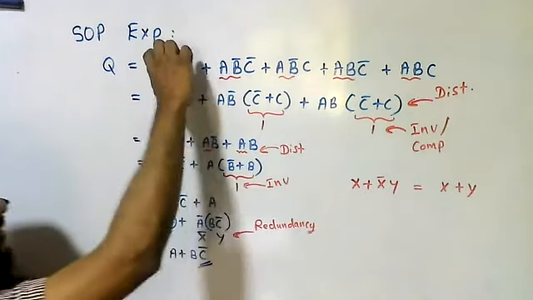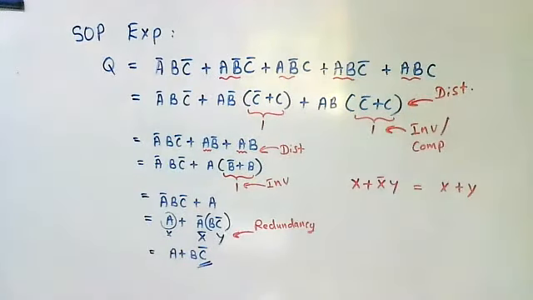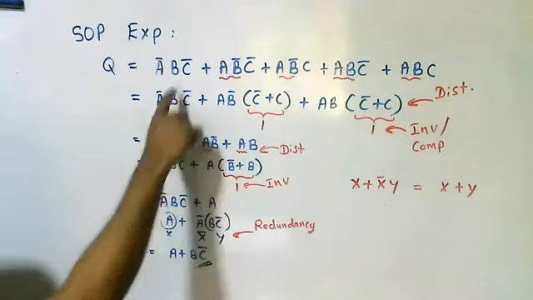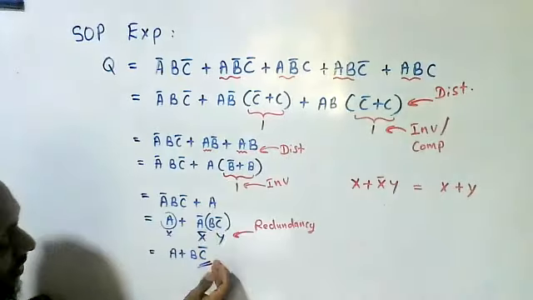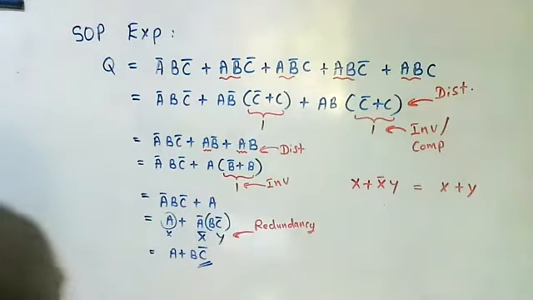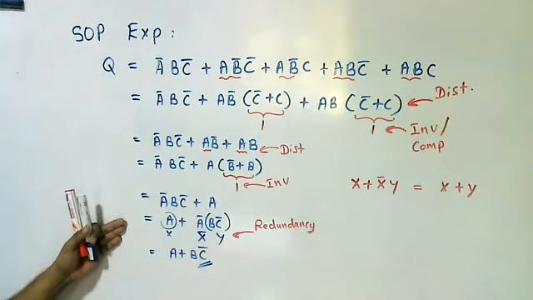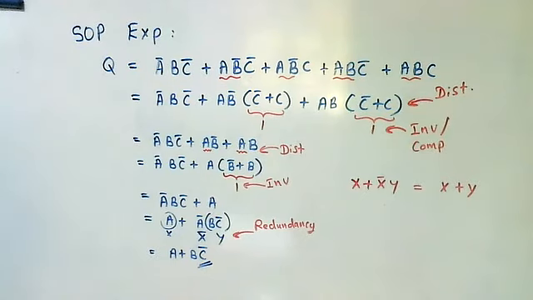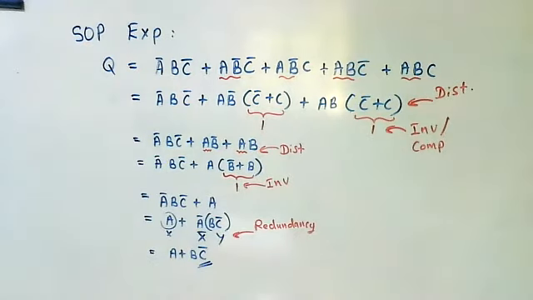So this is canonical SOP expression, or we can say standard SOP expression. In each and every min term, all the variables are there. After simplifying it, we are getting the simplified SOP expression. Right. Now I am going to draw this circuit. If you made any mistakes, please write this down, students, quickly. And we'll go to draw this circuit: A plus BC bar.